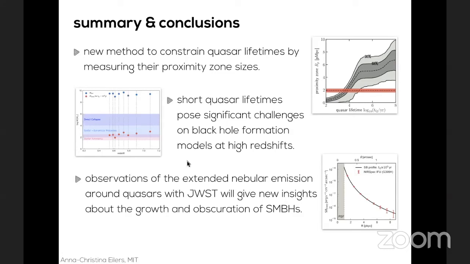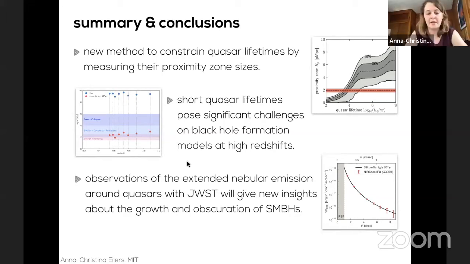You mentioned Lyman limit systems, but how do you rule out that a quasar near zone is set by a nearby Lyman limit system in the data? Right, yeah, so we have to rule them out because, well, first of all, Wan Ching gave a really nice talk yesterday where she said that if they are truncated, it can pretend like it has a small proximity zone, but the quasars are actually older in real life.